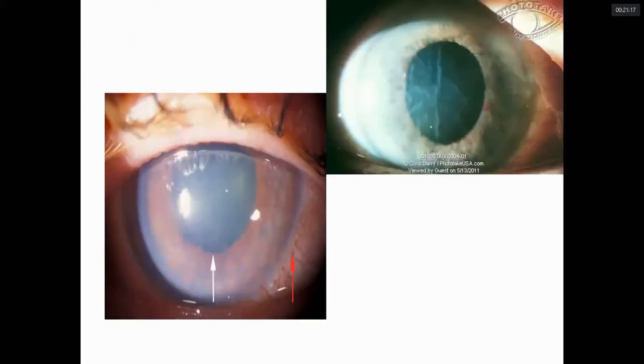This picture shows what type of congestion is there in case of congestive glaucoma, and what the pupil and cornea look like. The cornea is hazy, you can see a cloudy cornea, there is congestion, you can see iris atrophic patches, the pupil is mid dilated, and you can even see this white disc. If you look carefully, you can see that these are the KPs.